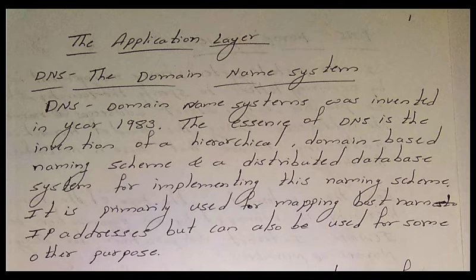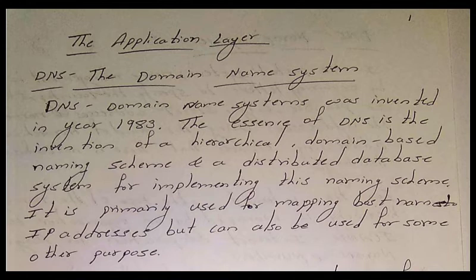So the main purpose of the domain name system is that it is primarily used for mapping host names to IP addresses. Whenever you type the URL, that is the name of the domain you specify, you should know the IP address of that particular domain. The application should get the IP address of the domain you typed. Then only it is able to set up a link to that server, and then only you are able to access it. Now let us see the working process, how exactly it is implemented. The DNS is used as follows: to map a name onto an IP address. You are mapping a name to a particular IP address.